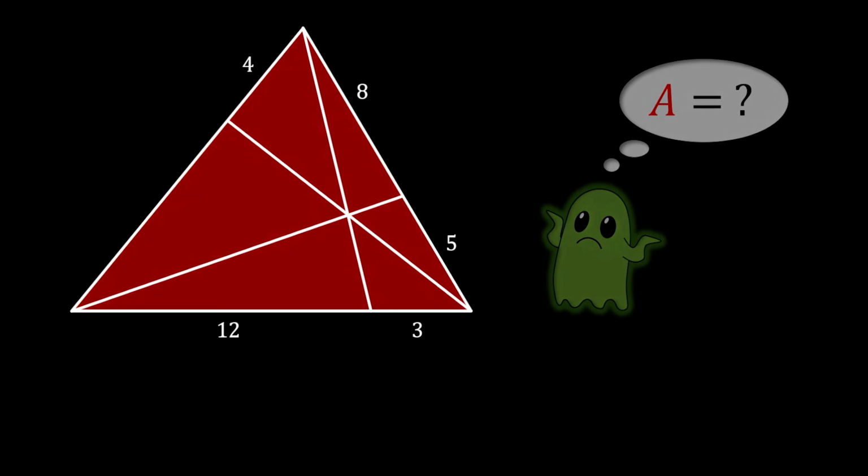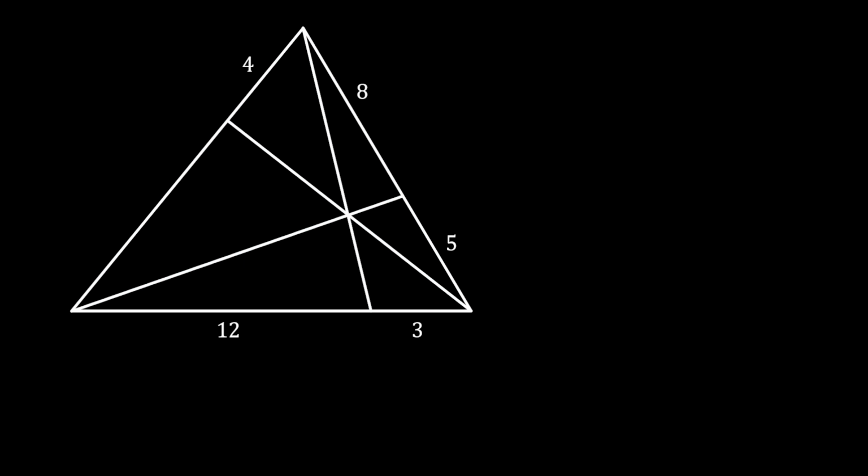Alright, so let's solve this one together. And this is really an interesting one. I'm going to start by labeling all the vertices of our triangle as A, B, and C, and I will also label all 3 intersection points as D, E, and F. Now you can clearly see that we don't know the length of the segment AF, so let's try to calculate